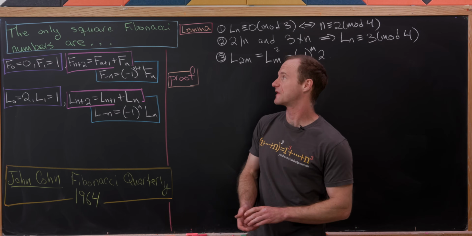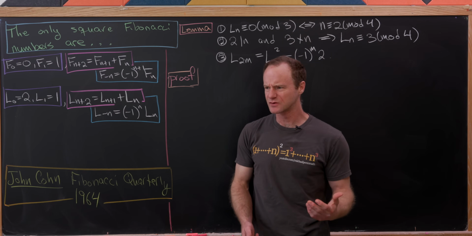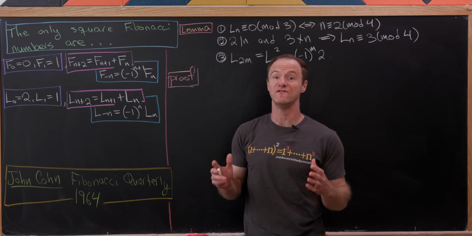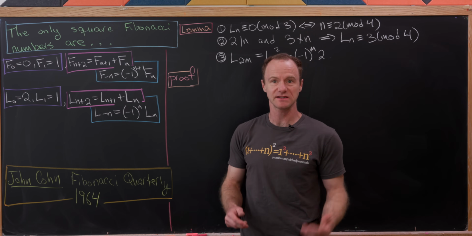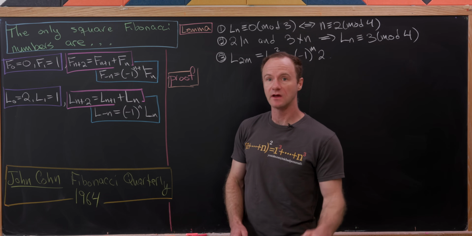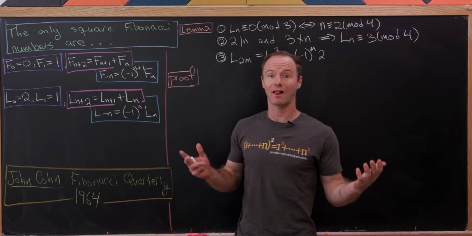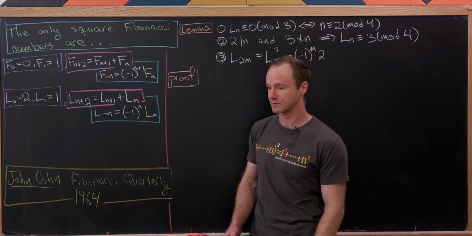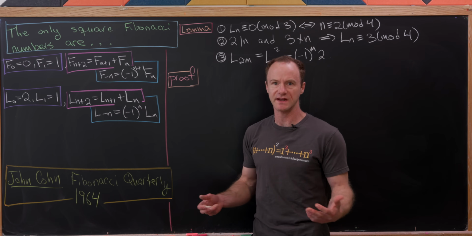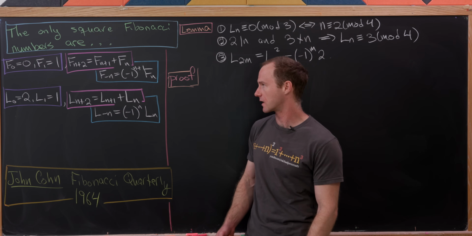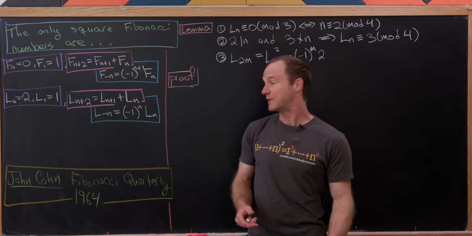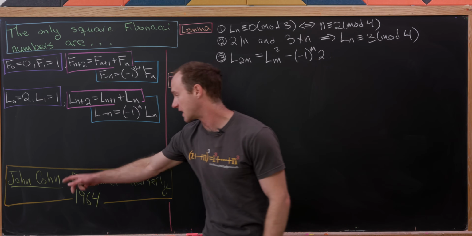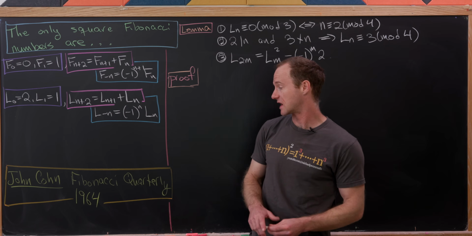Today we've got a video about the Fibonacci numbers, and in fact we're going to prove a result that is very easy to state, but it's a little bit tricky to prove. And that is, we're going to classify all of the perfect square Fibonacci numbers. So in other words, when is the Fibonacci number a perfect square? And this is based off of this nice paper by John Cohn from the Fibonacci Quarterly from